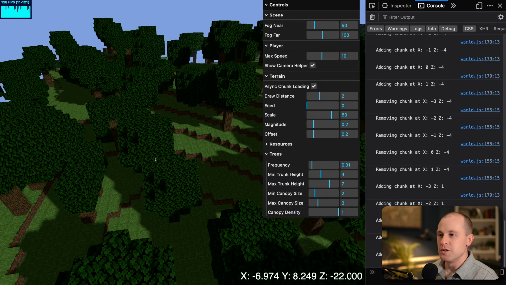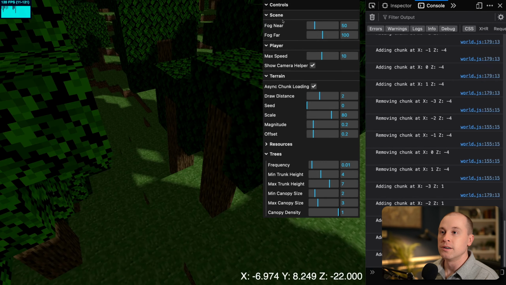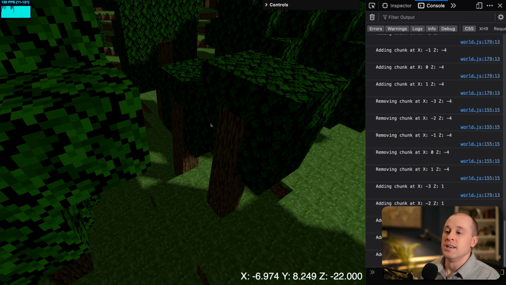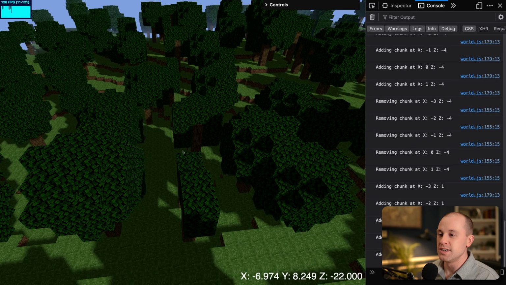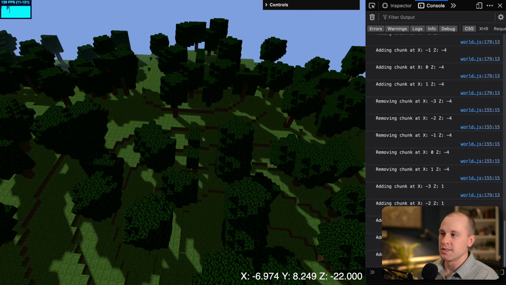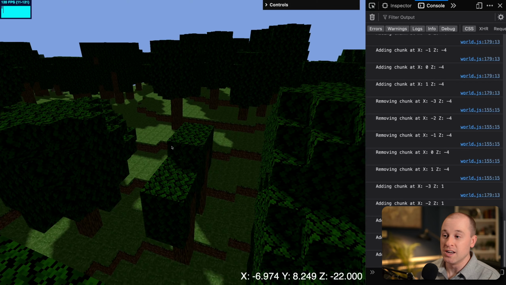All right, so I'm going to show you an issue that we need to resolve. So here's maybe a better example here. Let's hide the controls. You can see that the leaves on these trees are being completely cut off. And the reason for that, if we kind of look down this line here, we can see that in either direction, all of these trees are being sliced. And that's because this is the edge of our chunk. Now, when we're generating our trees, we're generating them within the chunk, and we've only defined blocks within those constraints. So when it tries to set blocks that are outside of the chunk, it's completely cutting off that